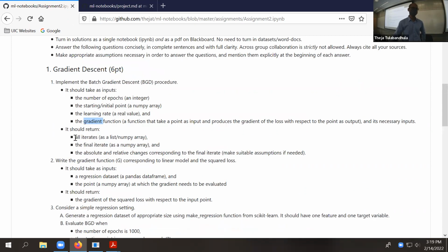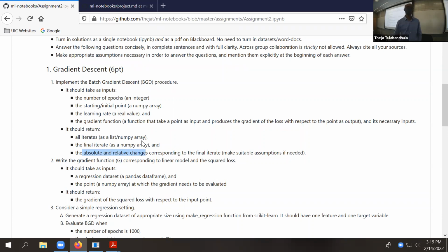It's returning all the iterates, so all the intermediate thetas. It's also returning the final theta, that hopefully is the best one, which minimizes the loss, and also some other things, which here are written as absolute and relative changes corresponding to the final iterate.